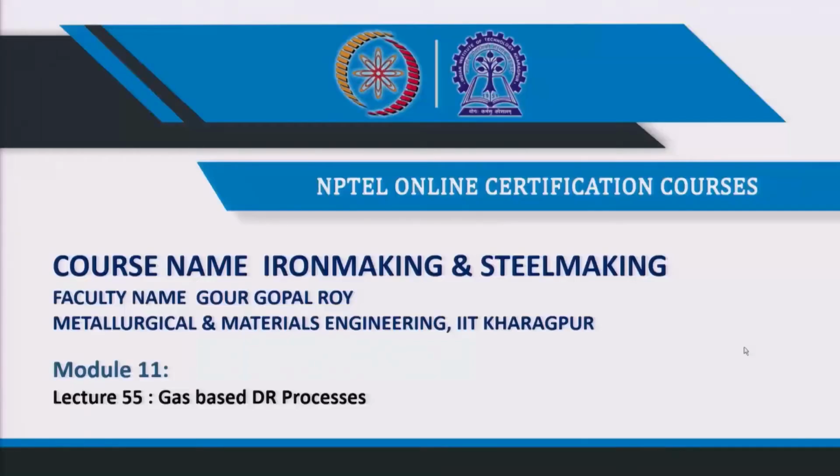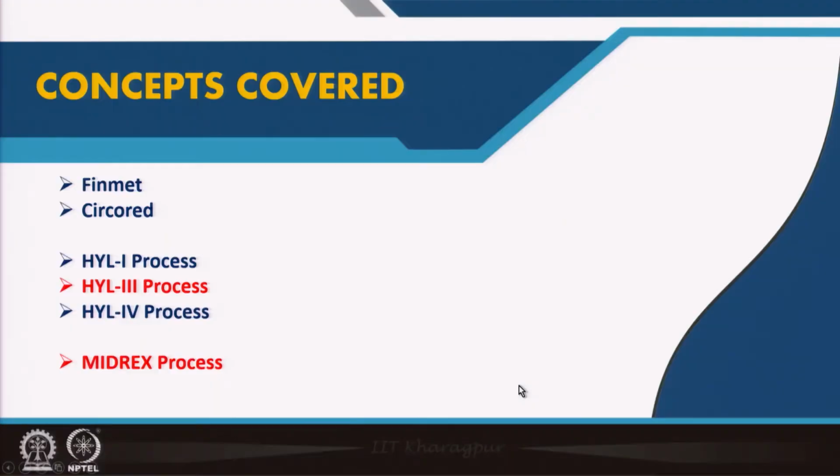In this lecture, we will cover basically the gas-based direct reduction processes. And in these gas-based direct reduction processes, this is the process that we will discuss. The first two processes, Finmet and Circored, are basically based on fluid bed reactors, and the rest of the processes are all based on shaft furnaces. Okay. And the Midrex process I have separated because it is the widely used process,